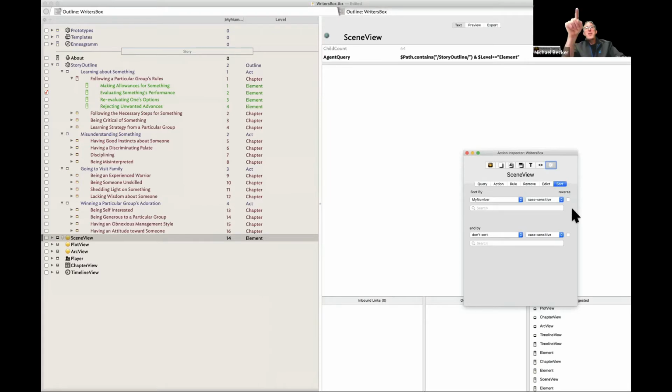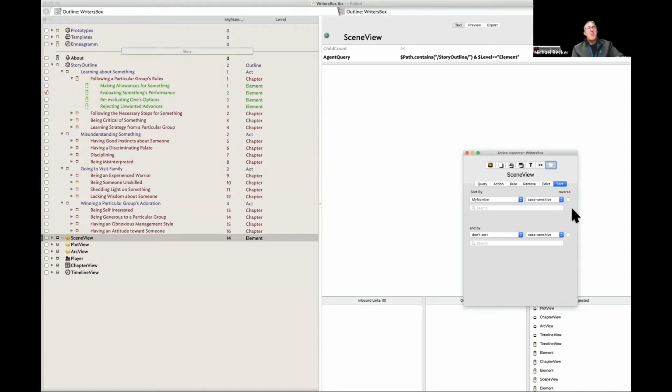Okay, and then you're sorting by my number. So that helps you then to get that numerical ordering of your scene. So essentially you're telling Tinderbox, go out, find all of the scenes, all of those things I've labeled as elements, right? And so in this regard, from your logic, you're calling a scene an element, and an element has an order number, which you've put in, and that allows you to pull that view.